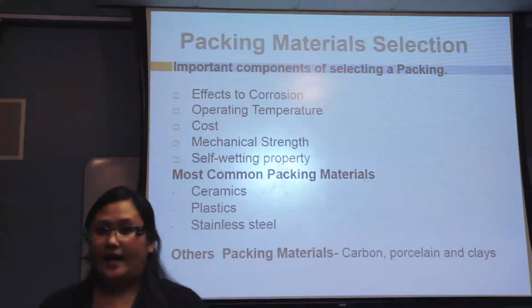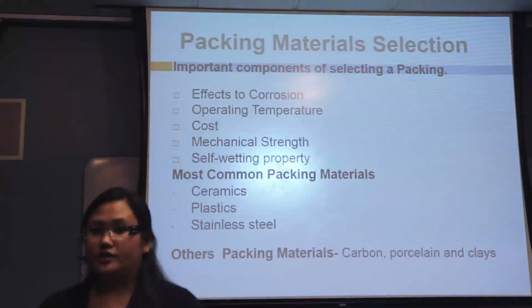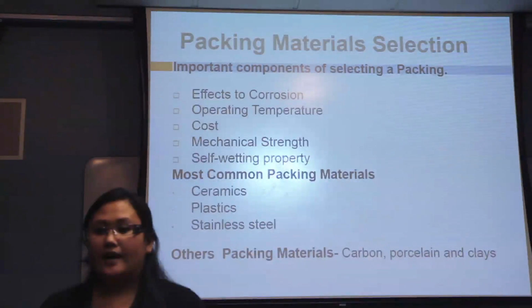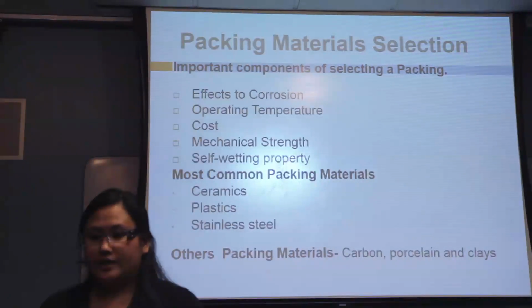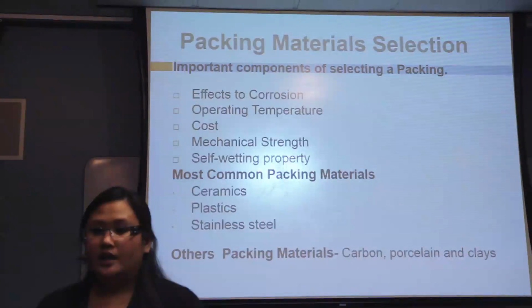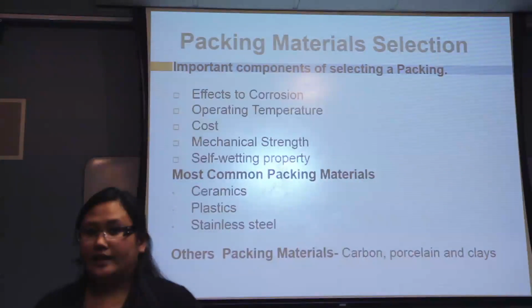Stainless steel does have a high mechanical strength, and plastic and ceramics have a low mechanical strength. They are easily broken. The fifth one will be the self-wetting properties. Ceramics have high self-wetting properties, while stainless steel has a moderate one, and plastics have a low one. Self-wetting properties are important because they ensure that the packing stays wet in the distillation column during the